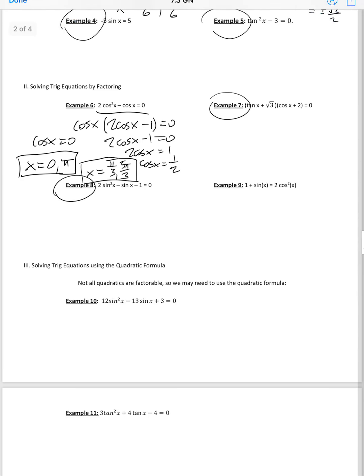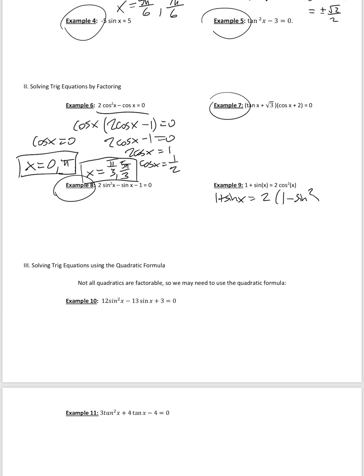But let's look at example 9. 1 plus sine equals 2 times the cosine squared of x. I can't factor anything. There's no common factors anywhere. I am thinking that I see cosine squared, sine squared. How can I change that to sine squared? Pythagorean identity. So I know cosine squared equals 1 minus sine squared. And now if I simplify this,